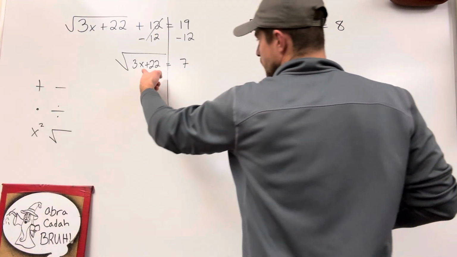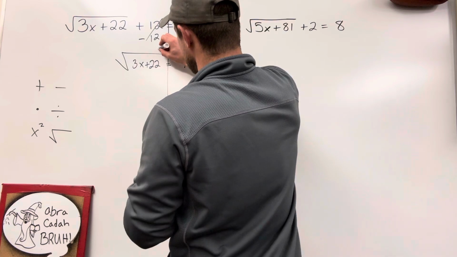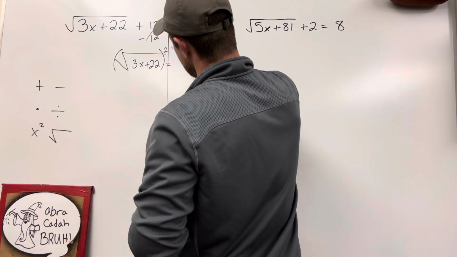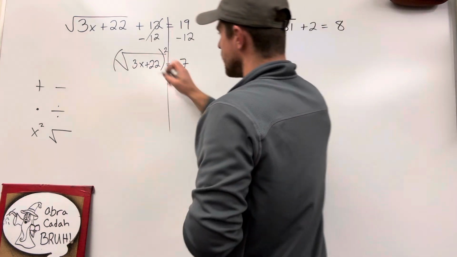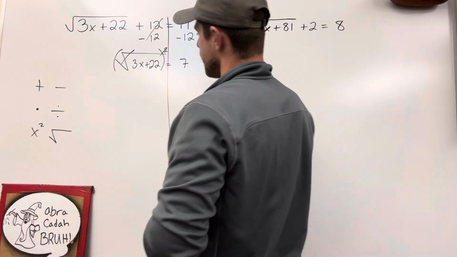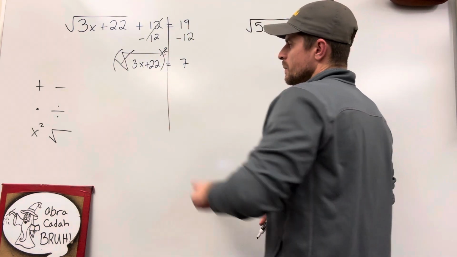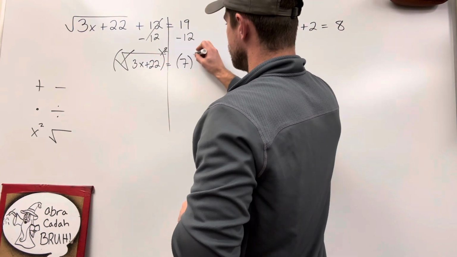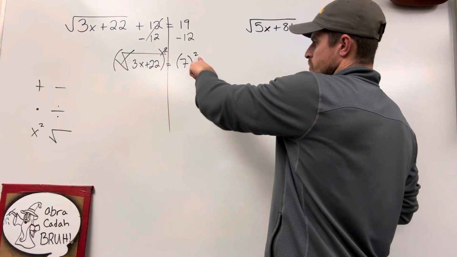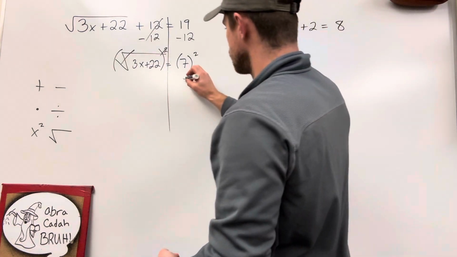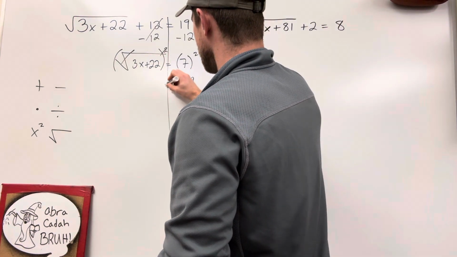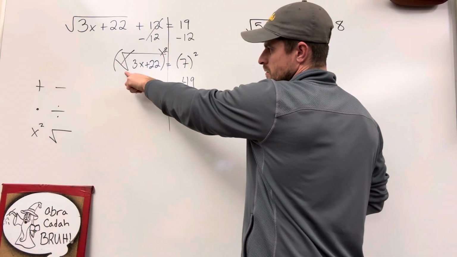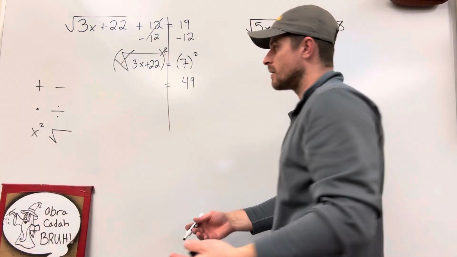So what we're going to do to get rid of this is take parentheses, put them around all the information, and put it to the power of 2. And by doing that, we've canceled out the radical as well as the exponent. But if I'm going to put the left side to the power of 2, I need to also put the right side to the power of 2. 7 squared means 7 times 7, so that just turns into 49. Now we've got 49 is equal to, and by squaring a square root, we canceled those out,